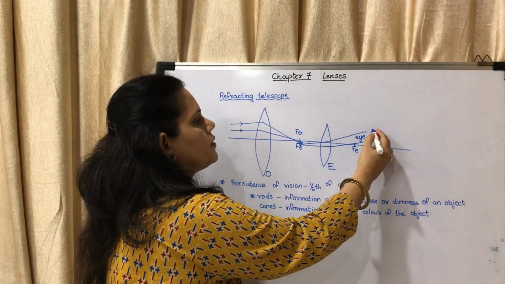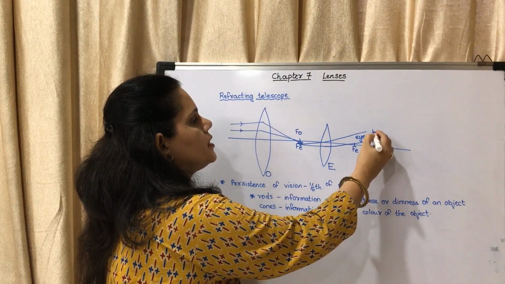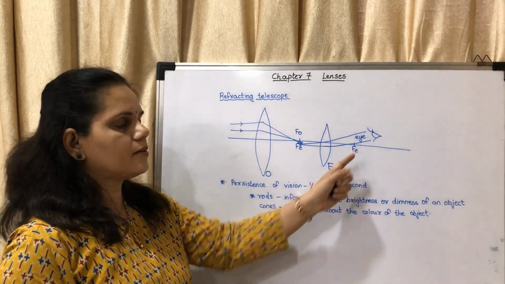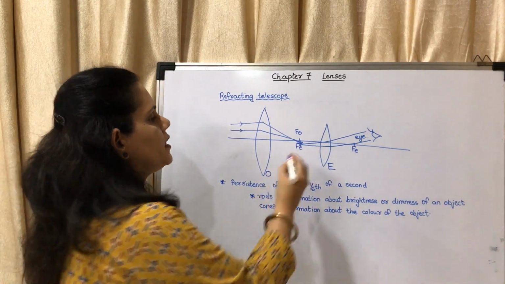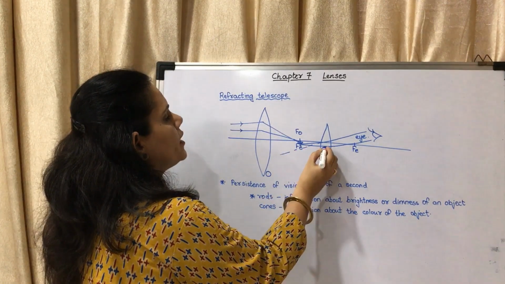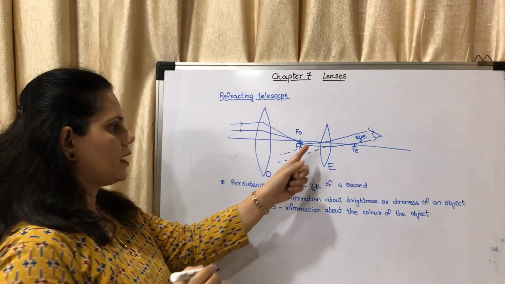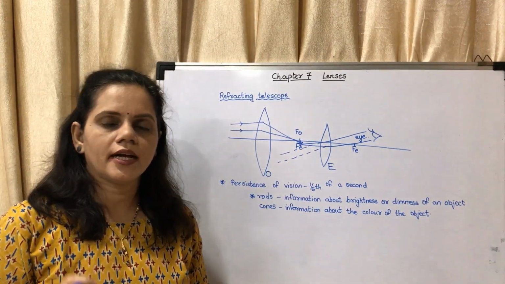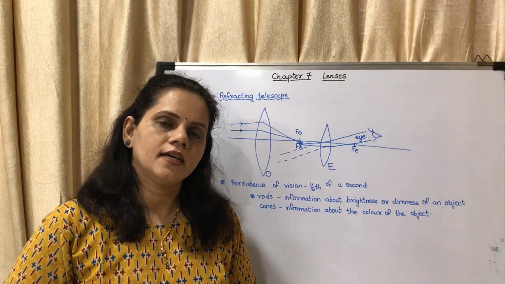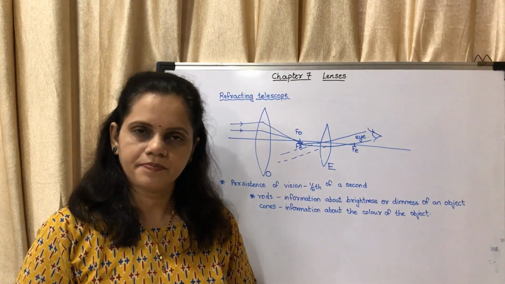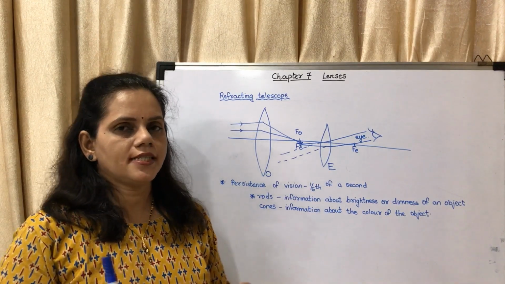So these two are parallel. From here we will see, this is the eye. We will see from this point, that is the eyepiece. So when we see from here, we are able to get an image. They have shown parallel lines like this. You know that when the object is kept at the focus, the image you get is at infinity. So this is the diagram.